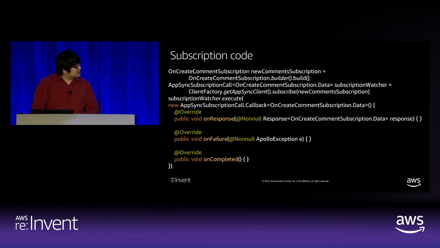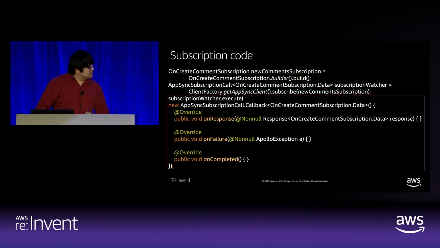And similarly, the subscription code, which will be pushing you the deltas so that you can keep your information up to date, also follows the builder pattern. In this case, you can specify that you want to listen to create comments. So new comments that are coming in, you can see them stream into your news article. In this case, you take that subscription object, you call subscribe, and it returns you a subscription watcher. On top of that, you want to call one extra method called execute. So this tells the subscription to start listening, and it tells the AppSync servers to start pushing whenever the interesting